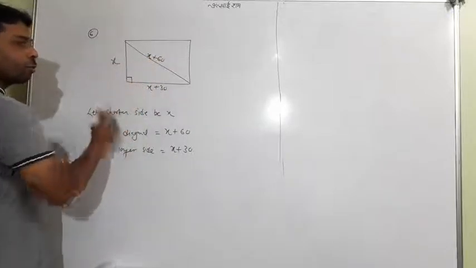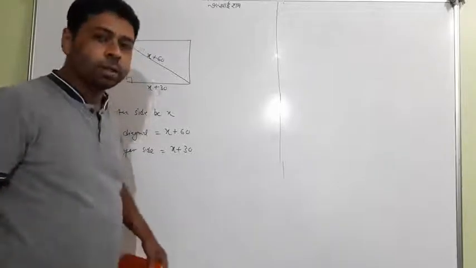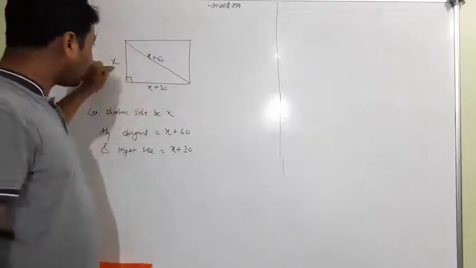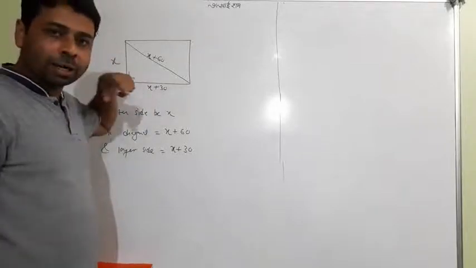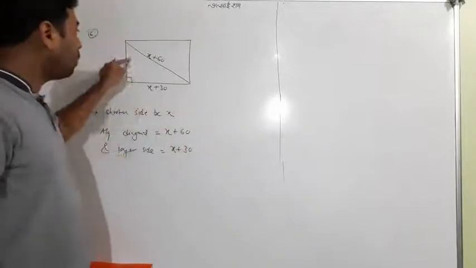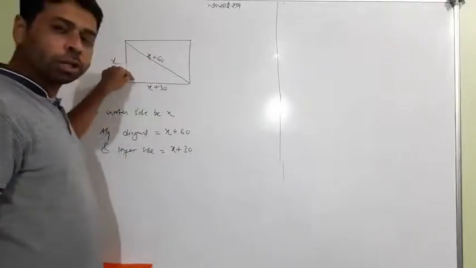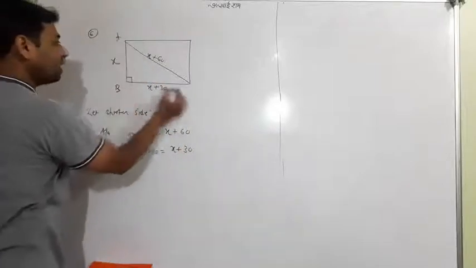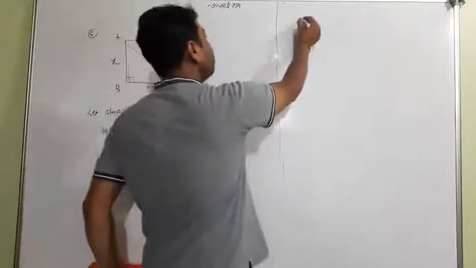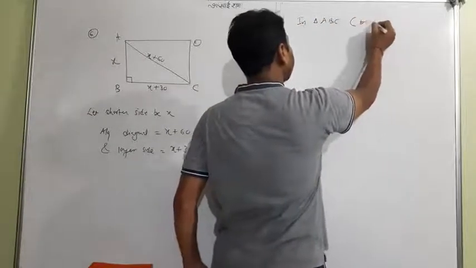Now it is a right angle triangle. And what are we told? We are told to find the sides of the field. So we have to find the value of x. Definitely the sides are a length and breadth, so we'll find them depending on x. So how do we combine or join these three sides, these three dimensions? By using Pythagoras theorem. So I'll write here ABC, suppose it is a triangle. So in triangle ABC, which is right angled, by Pythagoras theorem.